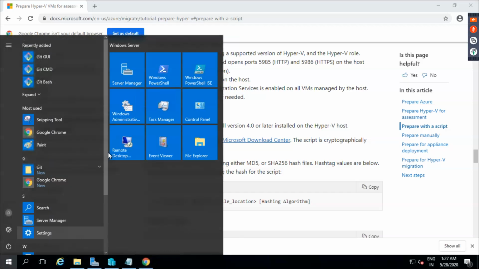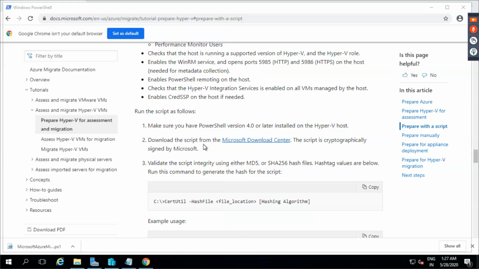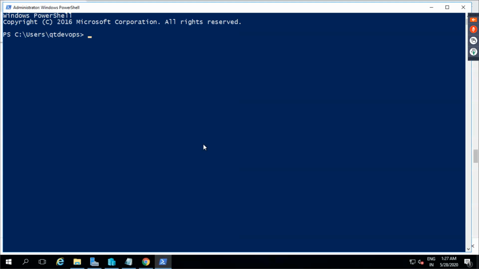So let me go into run as administrator. This I am trying to run on the Hyper-V host. Okay. This will be present in downloads. All right.